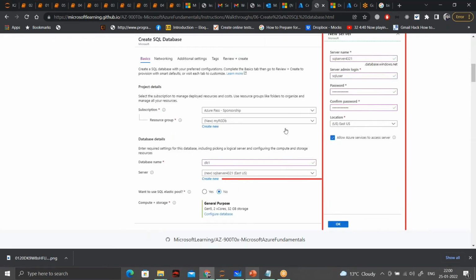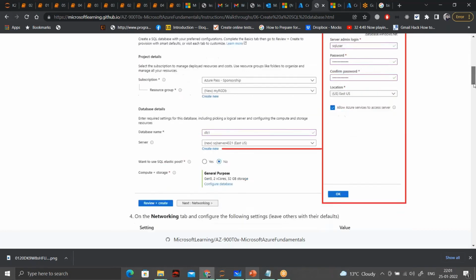In this, you can see that it is creating a server. The UI has changed a bit, so instead of a single screen, it takes you to a separate screen here.